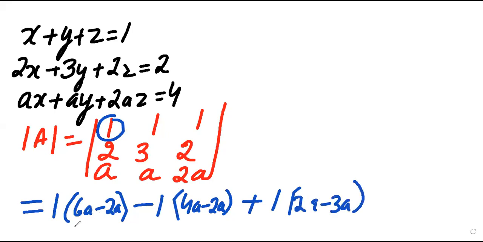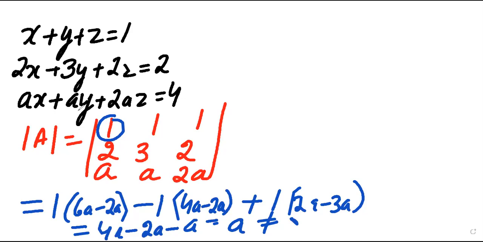Okay. Answer is 4a minus 2a and minus a. You know, it will come here with a minus sign. Minus a. So here what is the answer? Determinant of A is coming equal to a. And here, what will a be? Not equal to 0. Now the question is, ma'am, how is the value of a not 0?